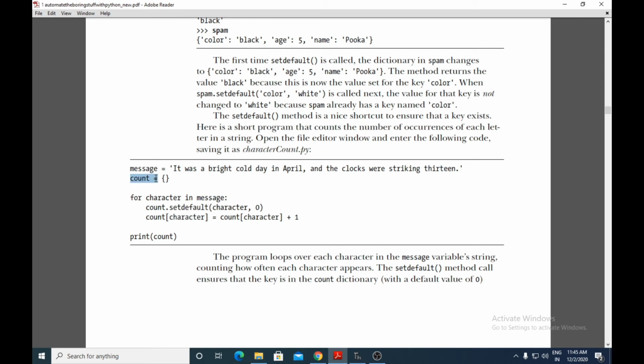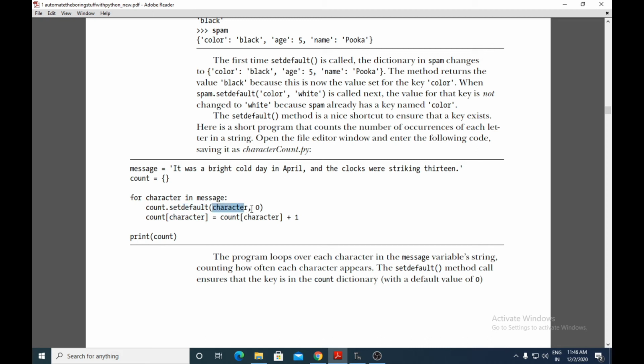Initially, count is a dictionary variable and it is an empty dictionary. Now, for each character in this message, they have used a for loop. Then you are using count.setdefault(character, 0).